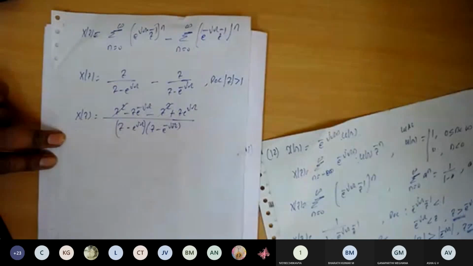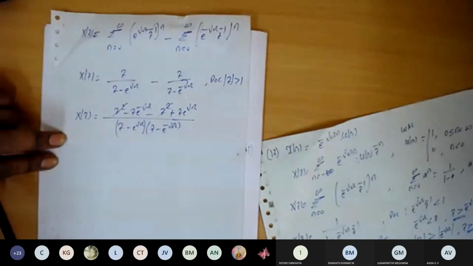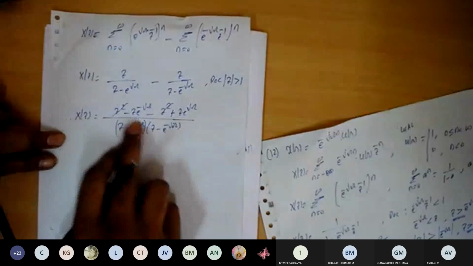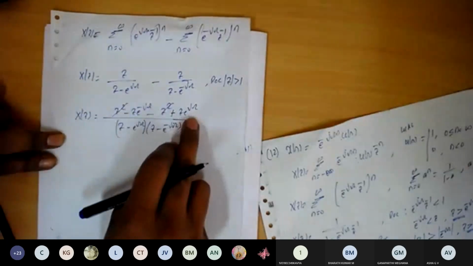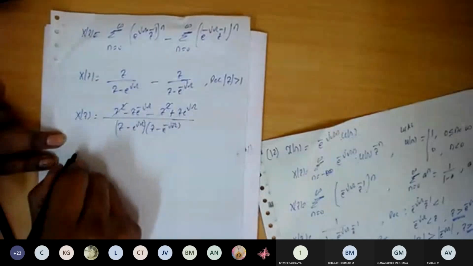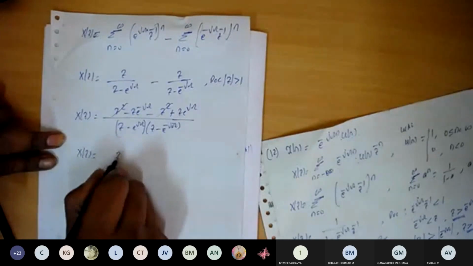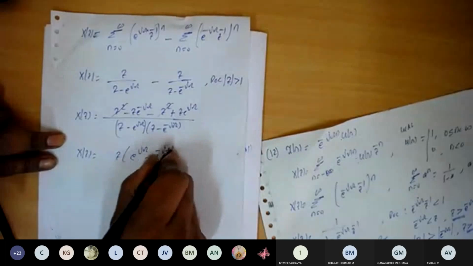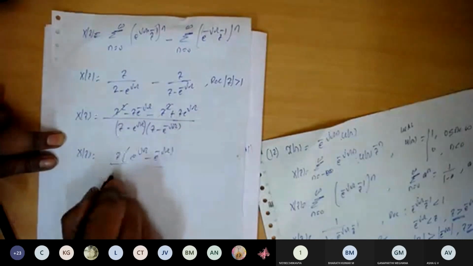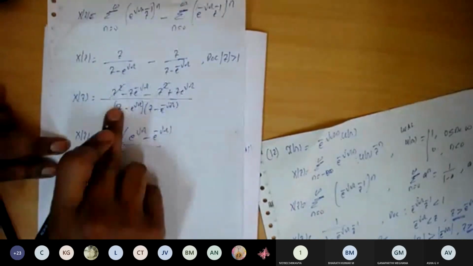Okay, these two terms will get cancelled here. Now the remaining quantities are z e to the power of minus j omega and z e to the power of plus j omega. We can take z common in the numerator. So it is e to the power of j omega minus e to the power of minus j omega, divided by, taking the product in the denominator, z square.